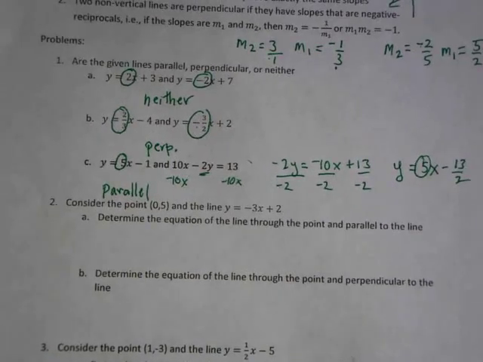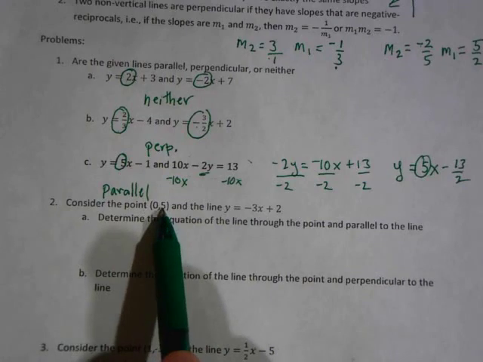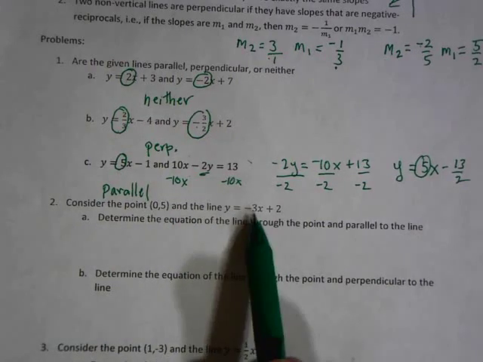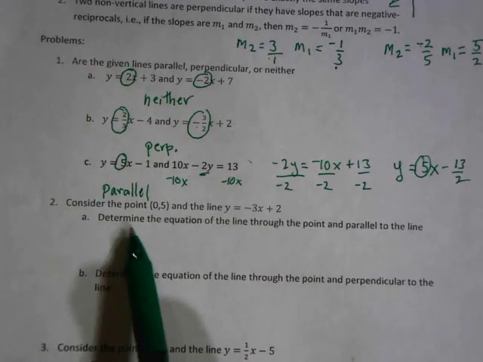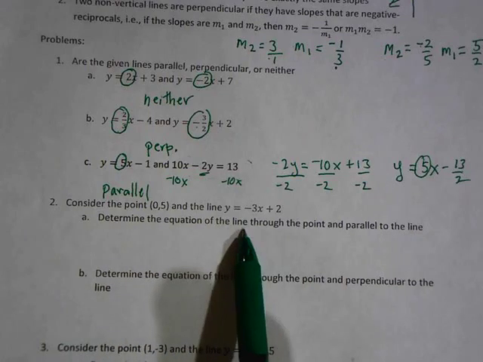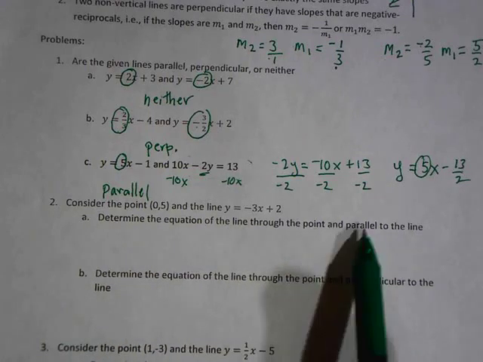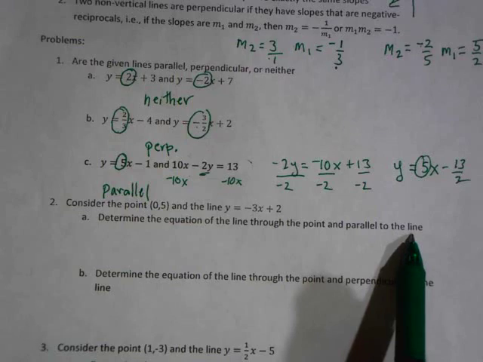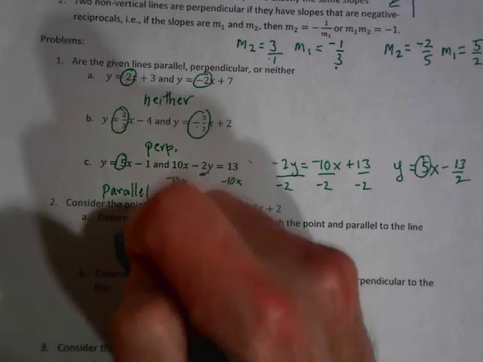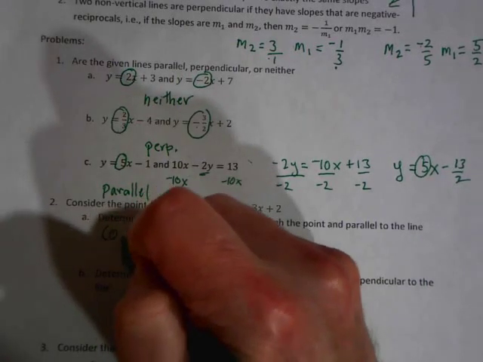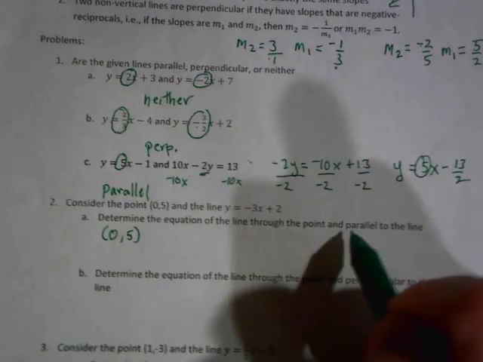Okay, after that we have: consider the point (0, 5) and the line y equals -3x plus 2. Determine the equation of the line through the point and parallel to the line. Okay, so what they're giving us here is one point. We have the point (0, 5). And then we want